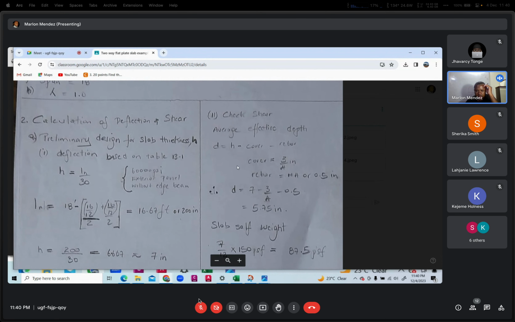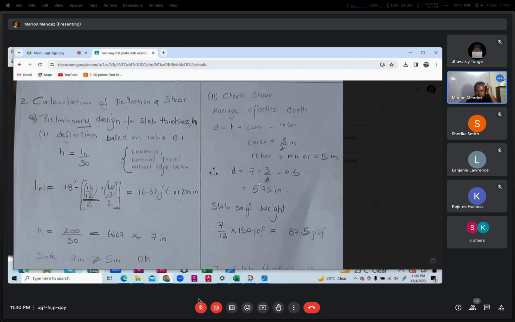There are some assumptions that will be made. If you're not given, you could make the assumption. This is for shear check, so I don't think the assumption is needed if you're not doing a shear check here. But if you're doing a shear check, then you need to ensure the average effective depth is equal to h. If some information is not given, you have to make some assumptions, because you're designing. So the h, we already established, is 7. The cover, we're saying, is